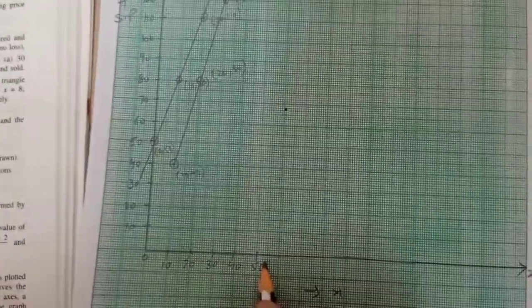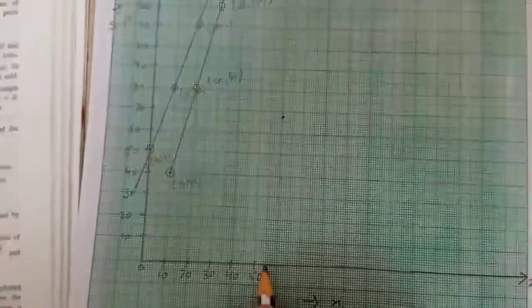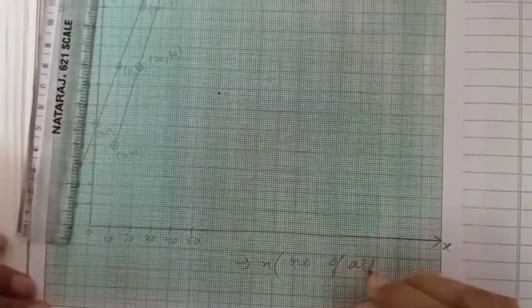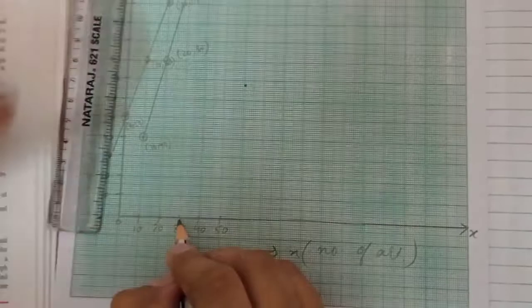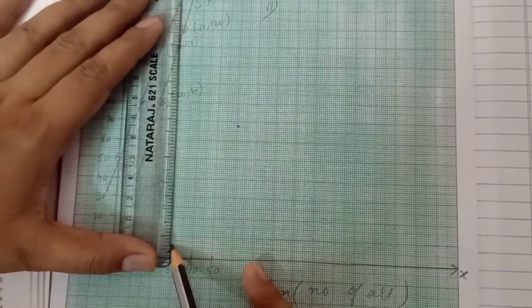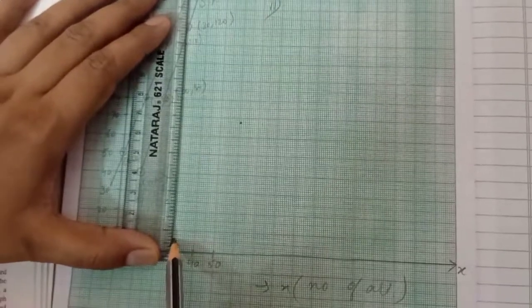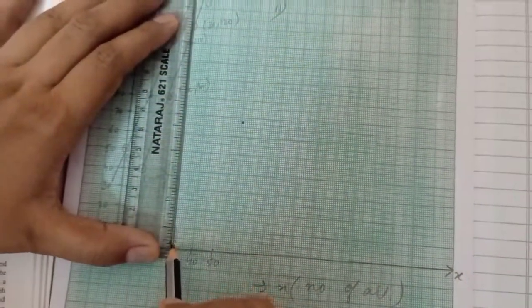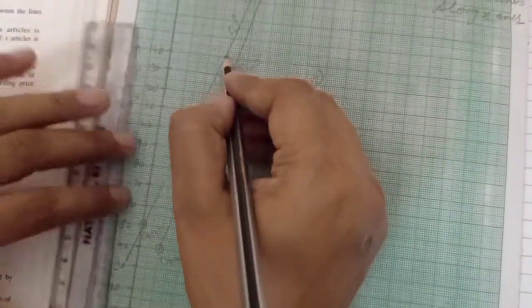Now the second part of this question, the profit or loss made when 30 articles are manufactured. See how to find out. Second part it is. When 30 articles, articles meaning number of articles, are manufactured, in that case, what will you do? We will draw a line which will meet the lines drawn on the graph. Look here. Find the value of CP and SP in this case.